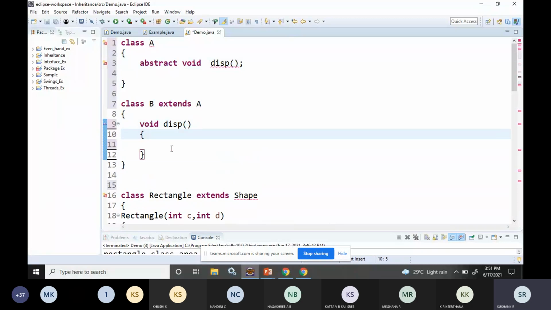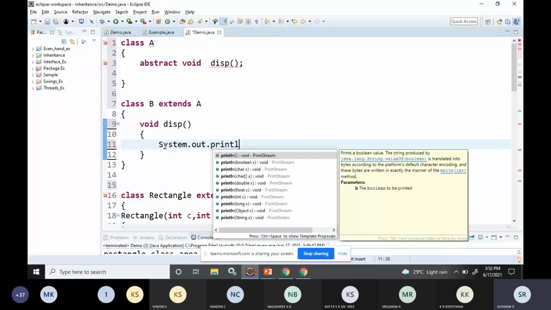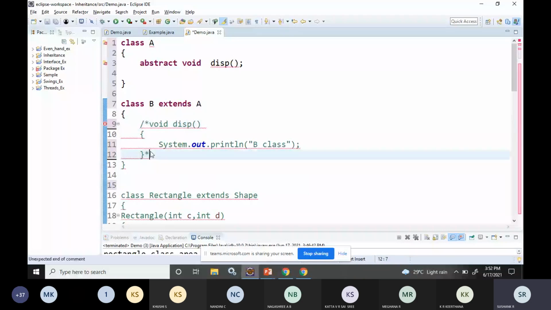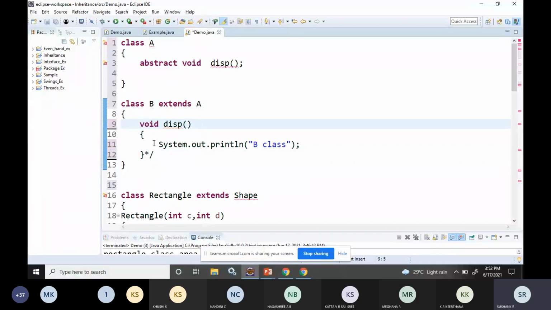So like this, I'll just write System.out.println, and I'll write it as B class. If I don't write this, I'll get an error. So this abstract word tells that whatever class extends this class A has to provide the definition for